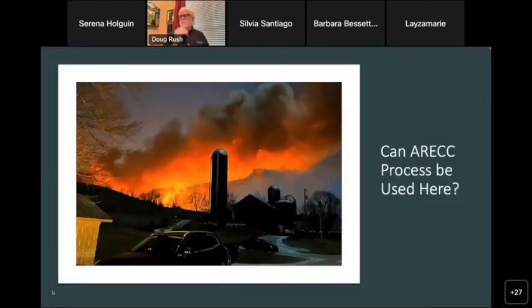Here's an interesting picture that I took off the internet in the last few days. Some of you in here probably know what this is. This is in Ohio. This is that train wreck that happened here recently. We've all seen the information on the TV and seen the fear that's going on out there.